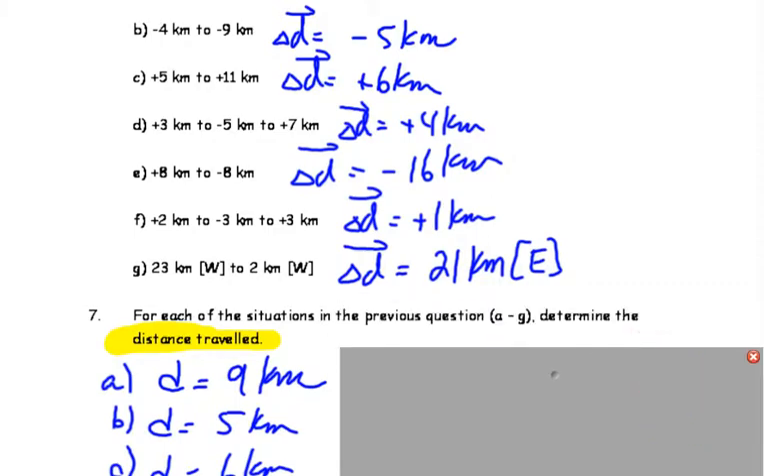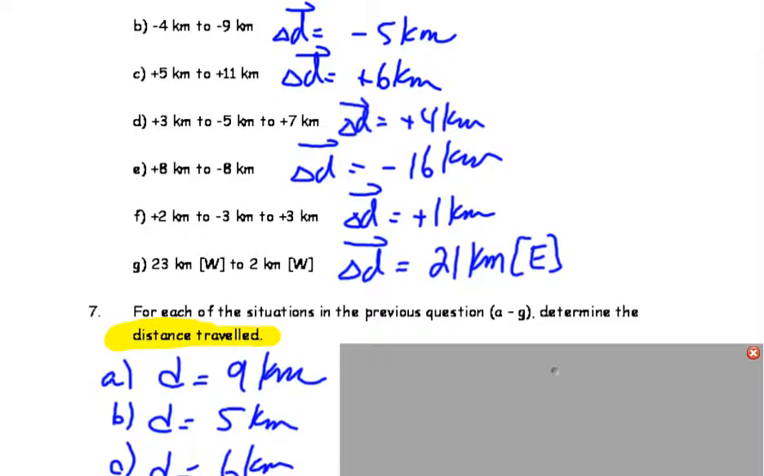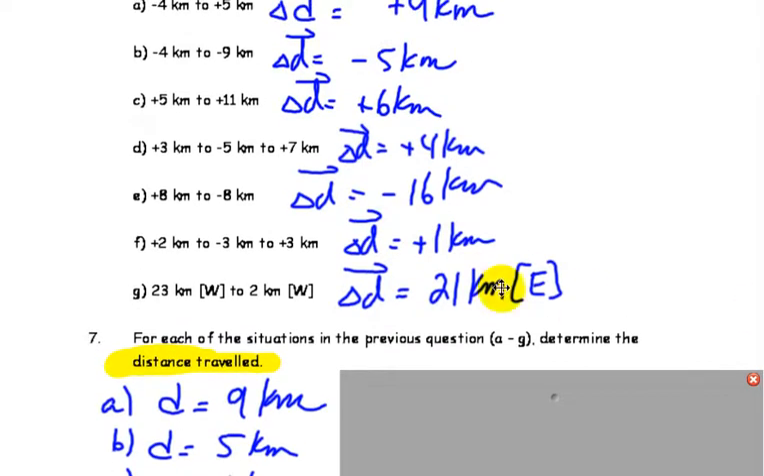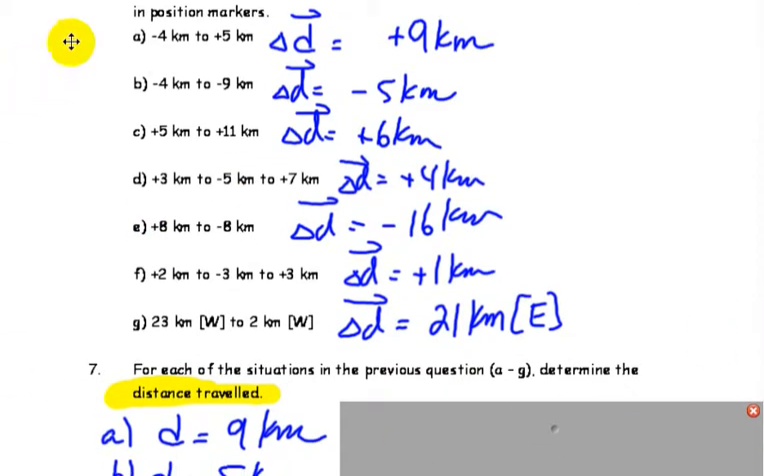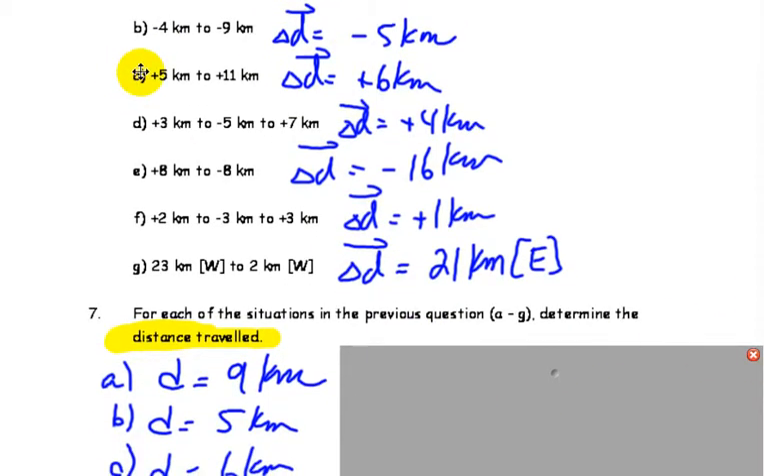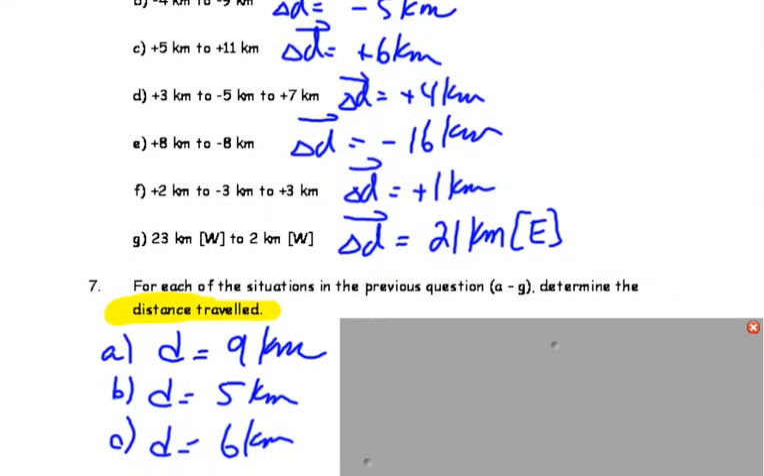Distance. So distance is simply every step you take without a direction. So in parts D and F, you're going to take every step into account. A lot of these are going to have the same magnitude. For example, negative 4 to positive 5, 9 kilometers from B. Negative 4 to negative 9, that's still going to be 5 kilometers. 5 to 11, that's still going to be 6. From positive 8 to negative 8,